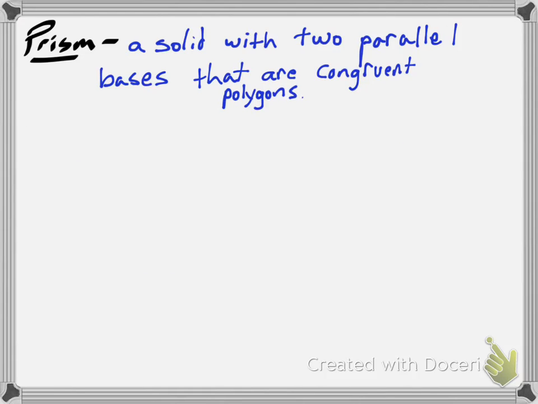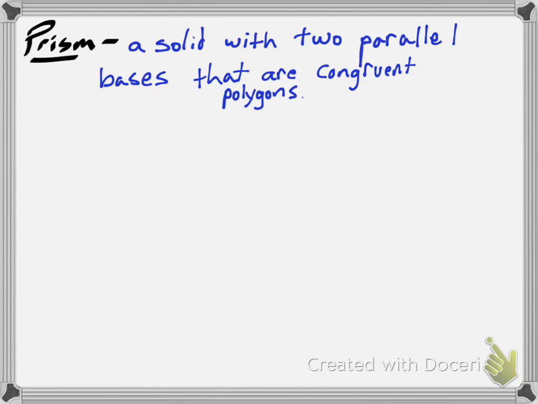A prism is a type of solid. Now we're going to talk about types of solids. We're going to do prisms, pyramids, cylinders, cones, polyhedron, and then we're going to talk about the different parts of them. So first, a prism is a solid of two parallel bases that are congruent